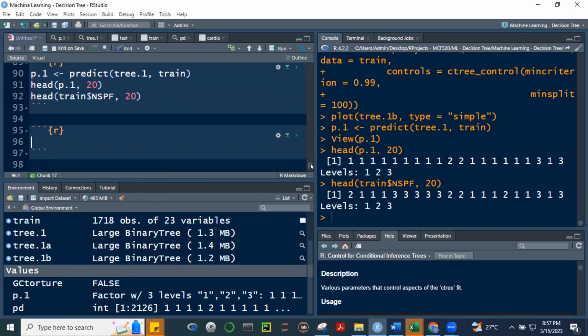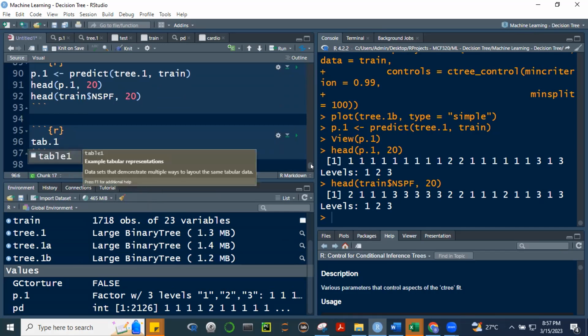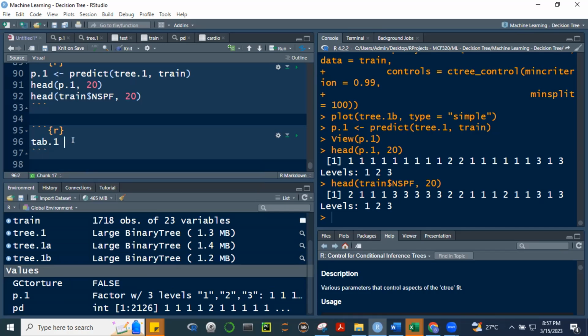Let's now create a table, no? Let's call it tab.1. Okay, let's create this table. Let's use a table function, yung katulad ng kanina, no? So anong ilalagay natin sa table natin? Ilagay natin to, yung predict natin, no?